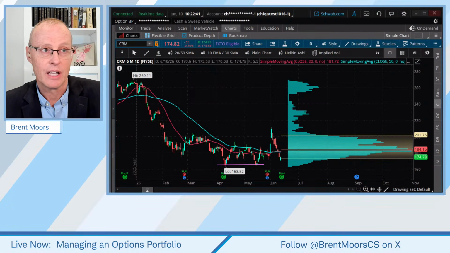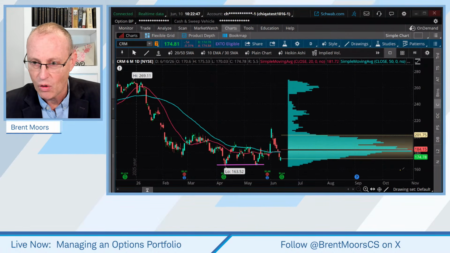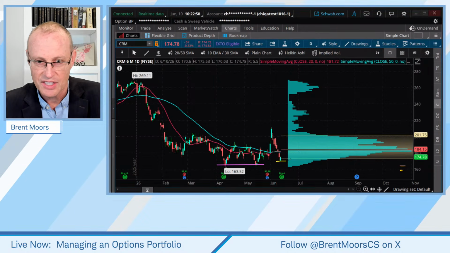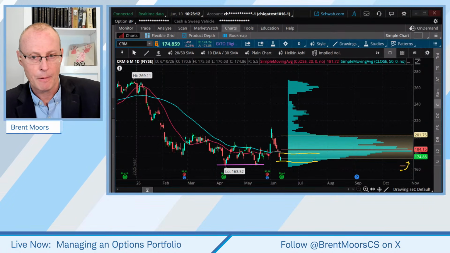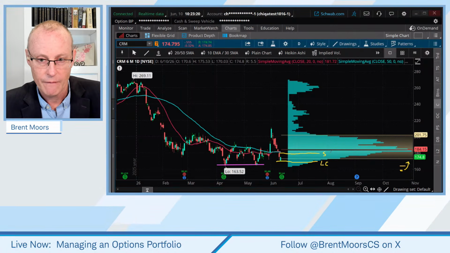Okay, now let's take the higher probability approach here. And instead of doing the 160, 165 contracts, we're going to go with the 170, which is kind of, this isn't exact, but somewhere around there, 170 and 180 contract. Notice by shifting our strikes up, we're going to do a long call here or buy a call here. We're going to sell a call here.